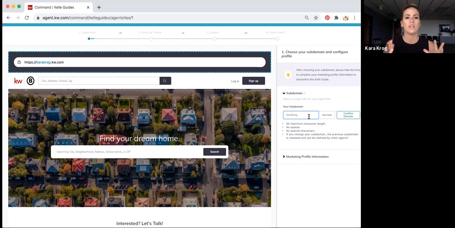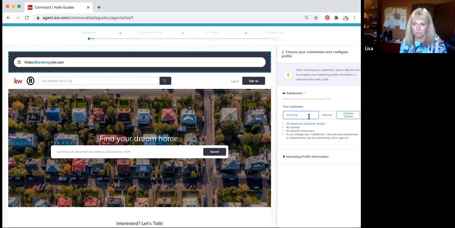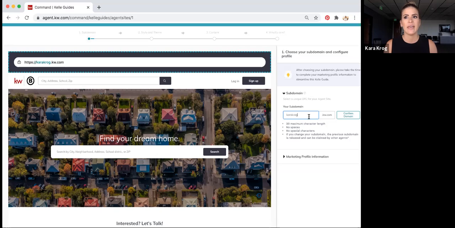I know that when you join our brokerage, we provide business cards that have your Keller Williams email address on them that you first got when you signed up, and it also has a matching domain name too. So for me, my email is karakrogh@kw.com, or you can go to my website, which is karakrogh.kw.com. It's very simple that way. However, I do know that some people like to brand themselves a little bit more specifically to whatever they do. So, or if you've got a team name or something like that that you use instead, you could put that here instead. So let's say you wanted to do